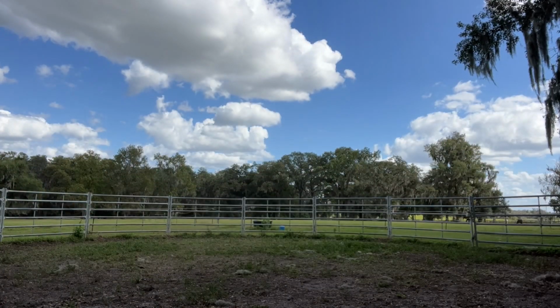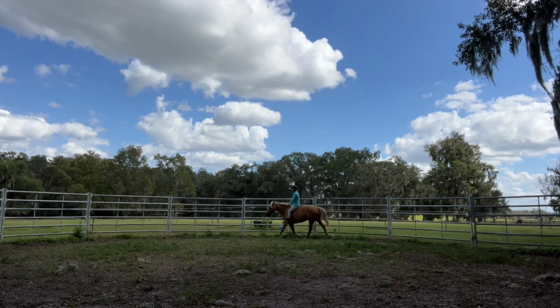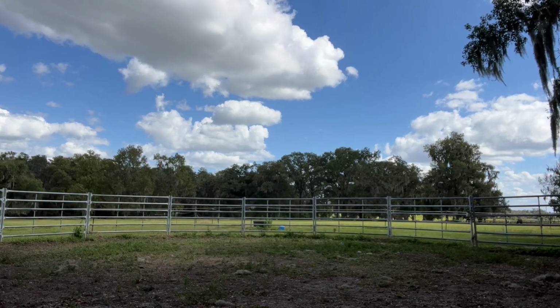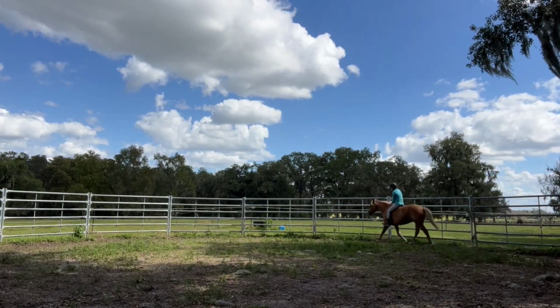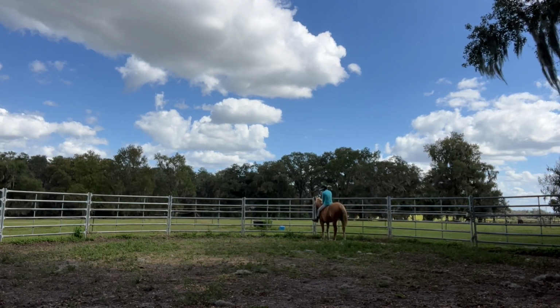Sometimes they will kind of pick up the trot, like she decided she wanted to pick up the trot, so I'm just going to kind of stay pretty neutral and just kind of wait for her for a minute. Again, sorry, because I kind of go out of frame there. And then found where she felt like she was willing to give me the stop, so I asked for the